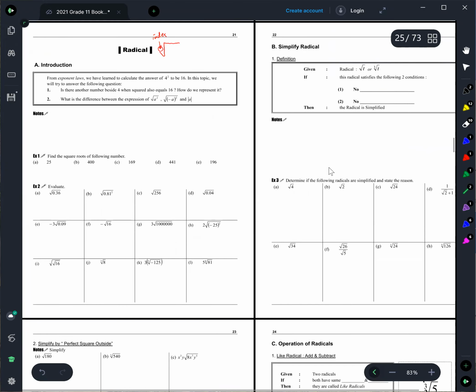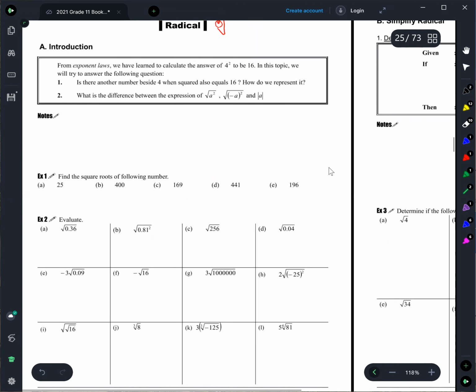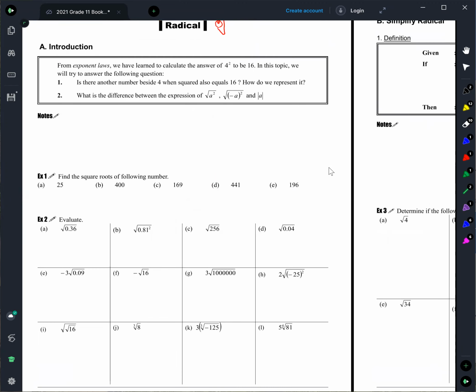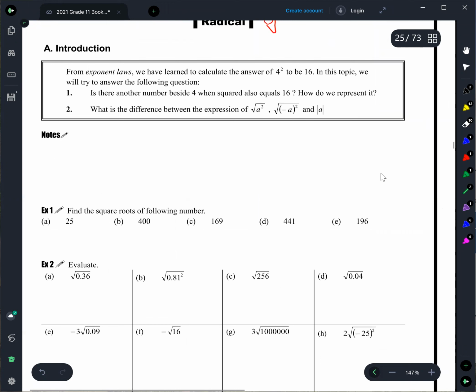So let's go back to the beginning here. So usually when we say square root, right? For example, like square root of 16, you just answer 4, okay? But in fact, there are more,